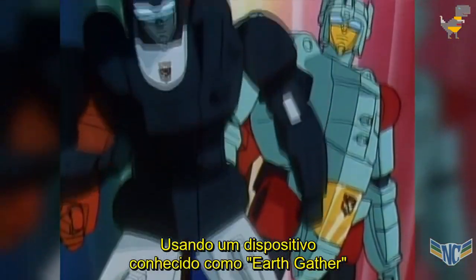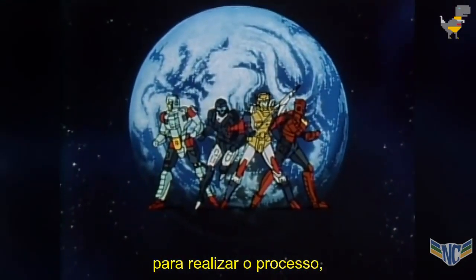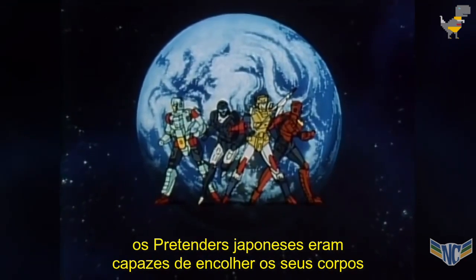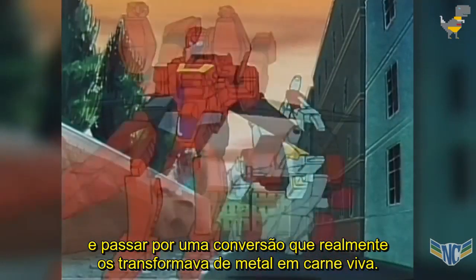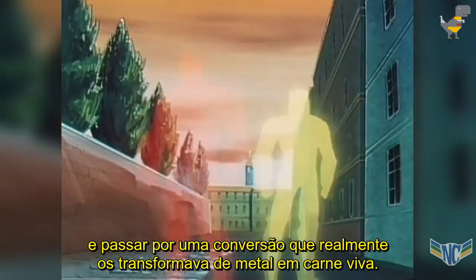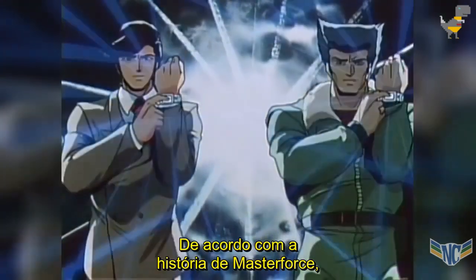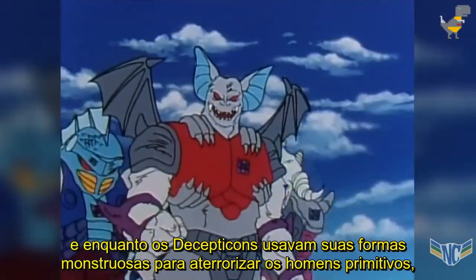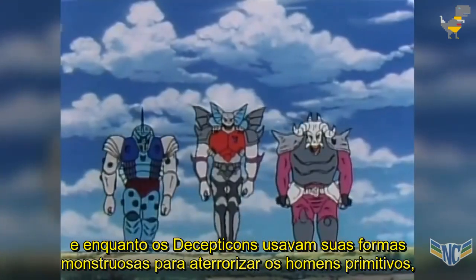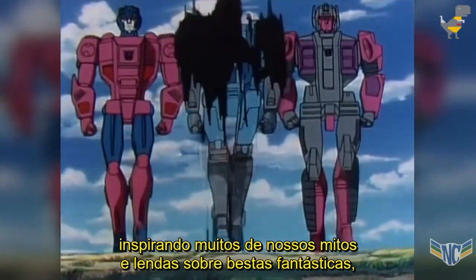using a device known as an Earth Gather, which drew on the power of the Earth itself to accomplish the process. The Japanese pretenders were able to shrink their bodies down and undergo a conversion that actually transformed them from metal into living flesh. Per the Master Force story, the Pretenders arrived on Earth during the Stone Age, and while the Decepticons used their monster forms to terrorize early man, inspiring many of our myths and legends about fantastical beasts,